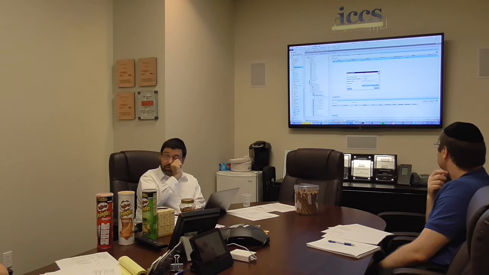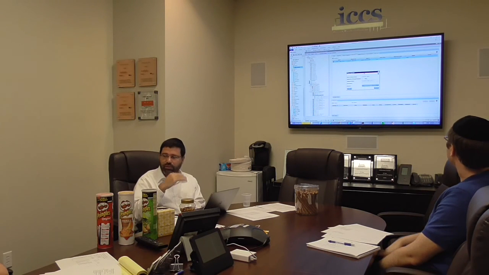Typically the issue is with Exchange and SQL databases, usually those are separated into two different volumes. You have your log on one volume and your database on another volume. So the issue is you can't really take a snapshot at the exact same time of both of them. Even if you set your schedule to be 7 p.m. on the dot, there's always going to be a minute difference between the snapshot of the database volume and the log volume, and there's a good chance you're not going to have the two in sync, so that if you ever needed to revert back to that snapshot, you could potentially corrupt your